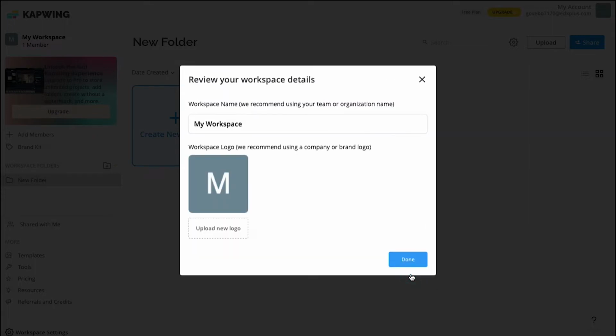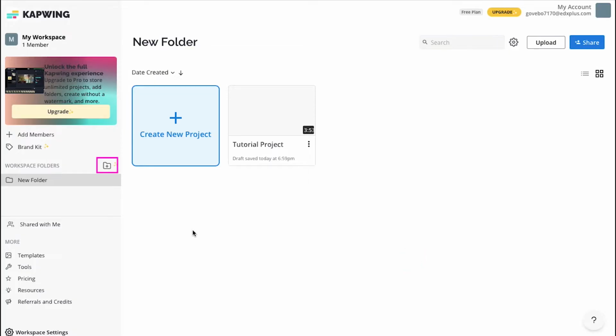If you want to rename your workspace, you can rename it here. And you can also add a logo to your workspace. And then finally, click on the Done button. You can use this new folder icon to create a new folder for your workspace so that you can easily organize your workspace. If someone has invited you to their workspace, you can see it here under the Shared with